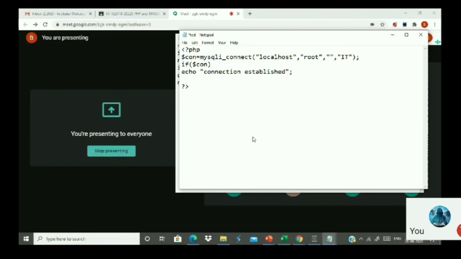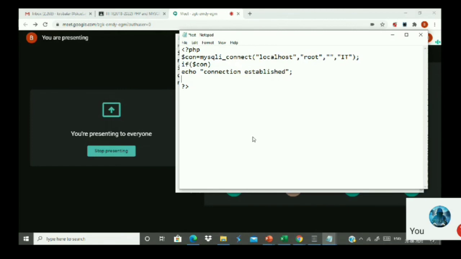Okay. Now listen carefully. The first step is to check whether the table exists or not. If the table exists, I should directly insert. If the table does not exist, then I have to create the table. Now, how do I verify whether the table exists?